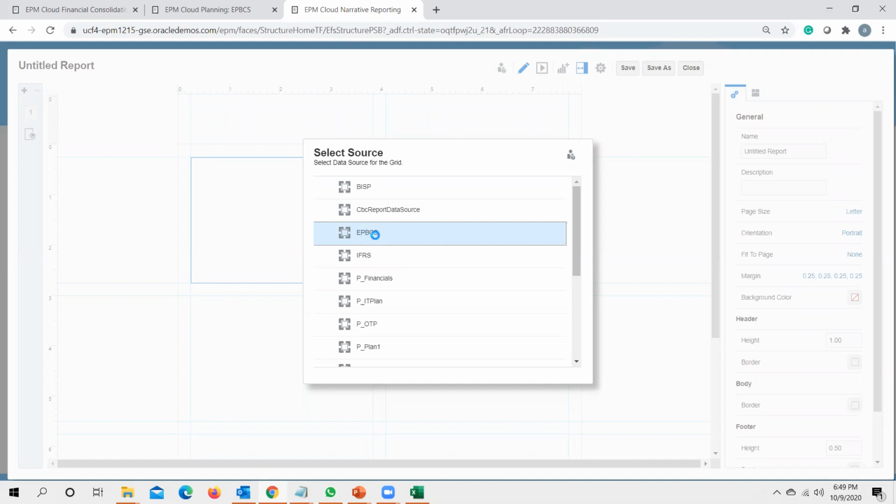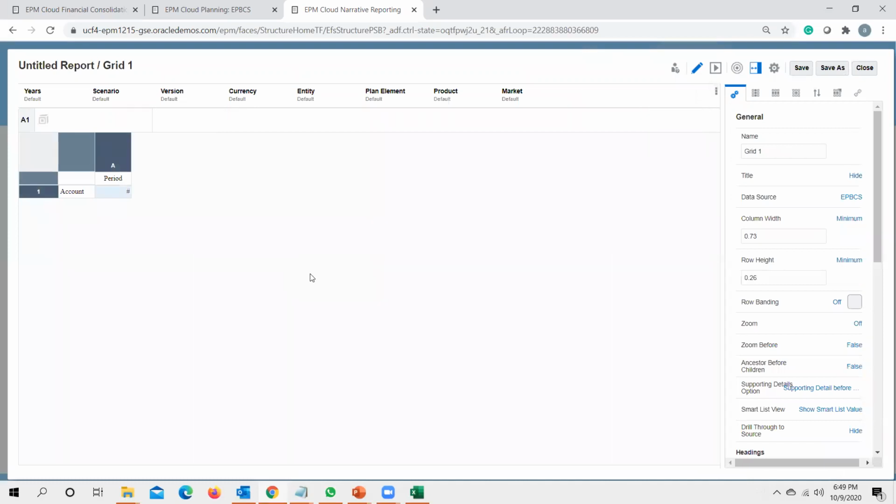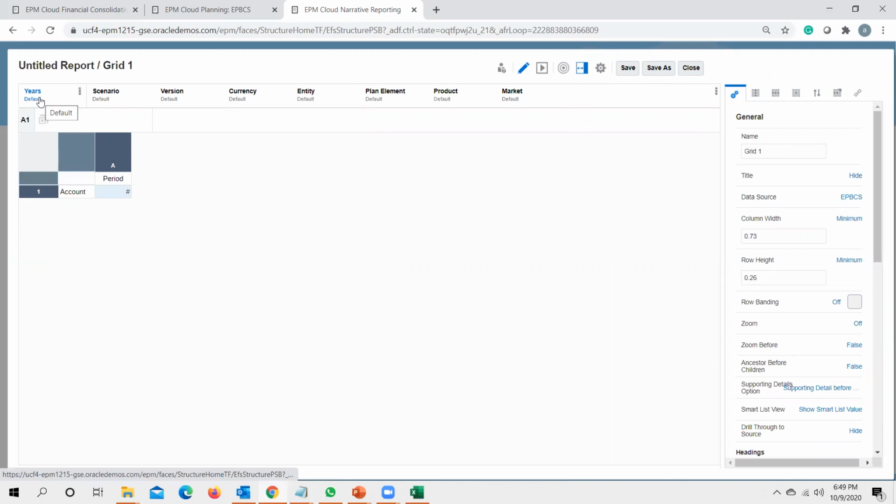Once you select the data source, the narrative reporting report gets connected to that particular data source, and then we need to define our point of view. This particular point of view could be changed as per user requirement. So, for example, I want to keep my years under column.